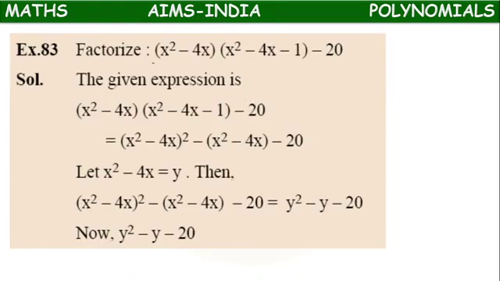So factorize this, where a multiplication is there, again minus 20. As we have multiplication here, we have to multiply these two first. We have to simplify this expression first. After simplification, we have to go for factorization. First we have to simplify. So first we will multiply with the x square.